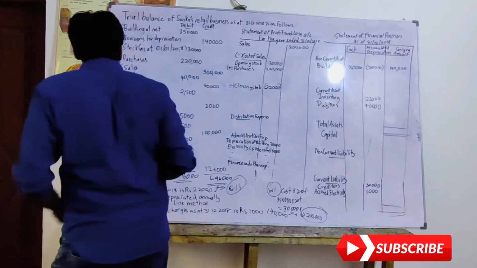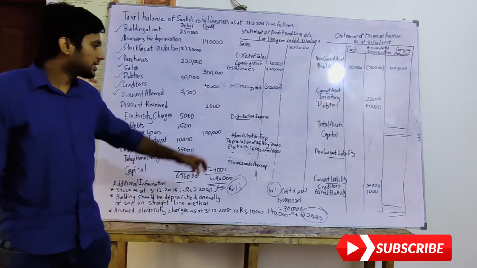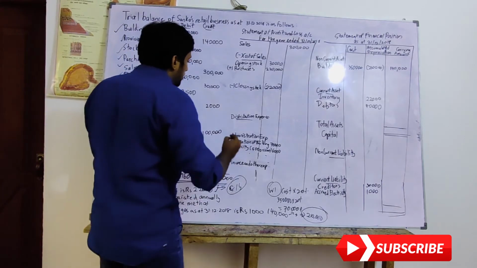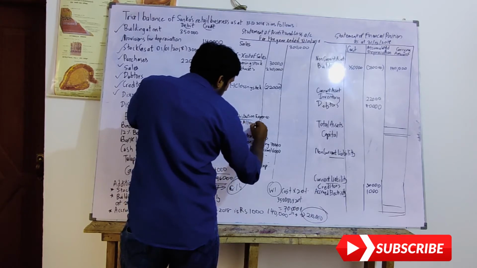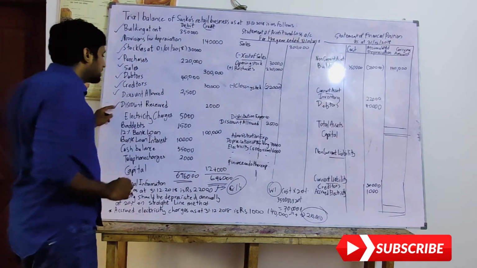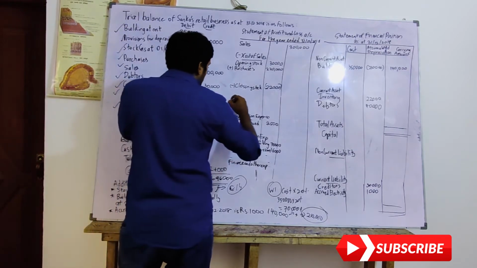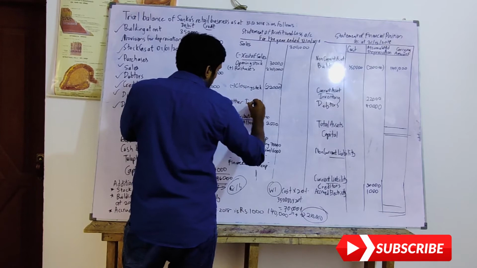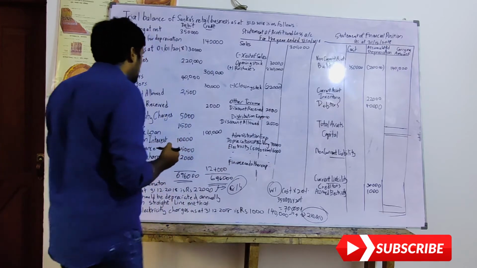Discount allowed. Discount allowed is a type of expense which you incur when you are selling the product to a credit customer. So it should come under distribution expenses. So I'll write here discount allowed as 2,500. When I'm done with that, we move on to discount received. It's an income which you get when you make the payment to the credit supplier. So I will consider it as other income, and under that I will write discount received 2,000. So I'm done with discount received 2,000.